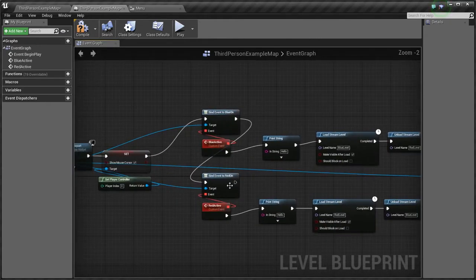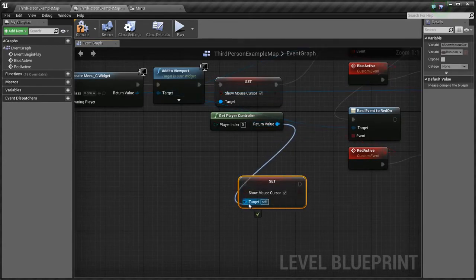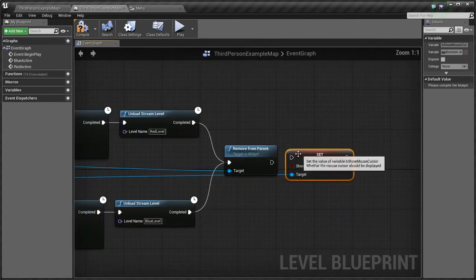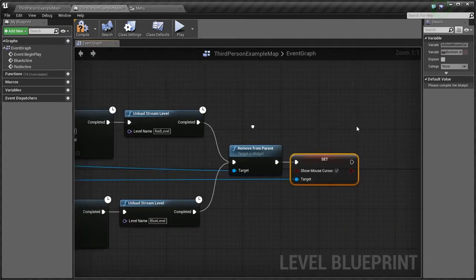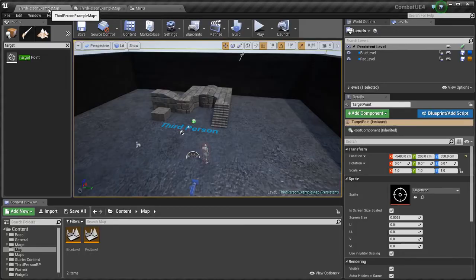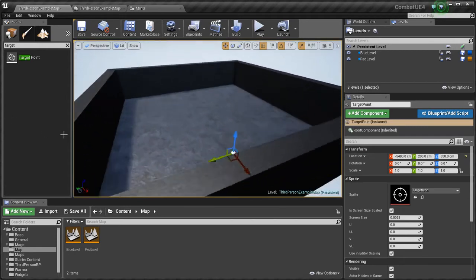And I'll also get the mouse cursor. Copy and paste that and connect the blue dots together and hook it up here. So it's going to hide the menu and it's going to hide the mouse cursor, but you're going to have to click into the game to have access to your character. Now just to identify these levels and make that a bit easier,